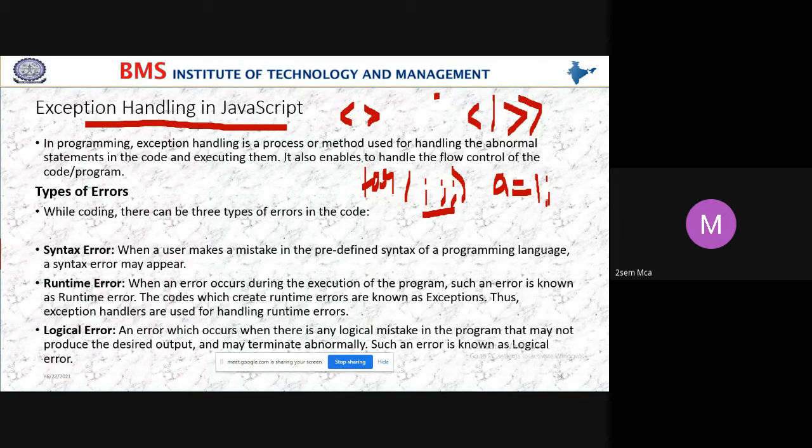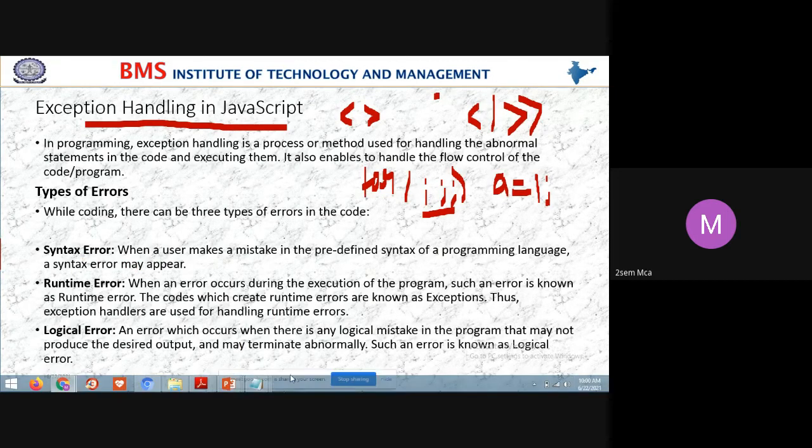The predefined syntax is that the line should end with a semicolon. So a syntax error may appear when a user makes a mistake in the predefined statement of a programming language.